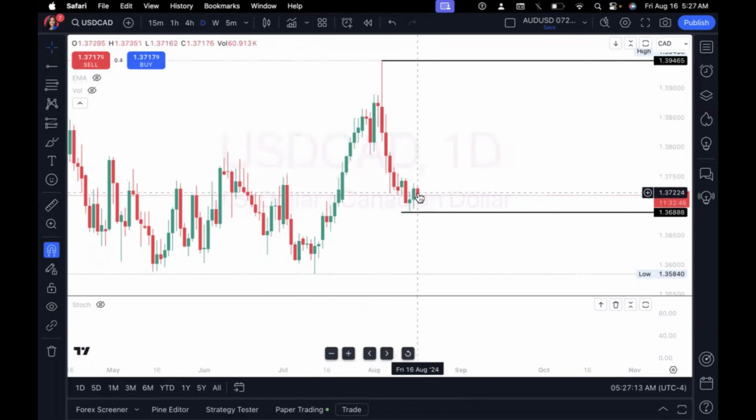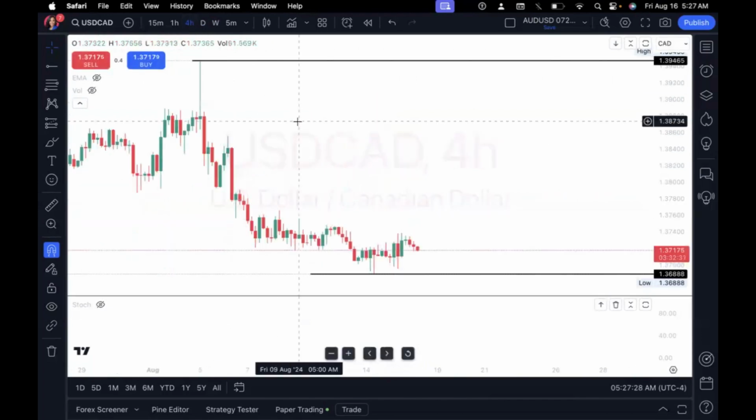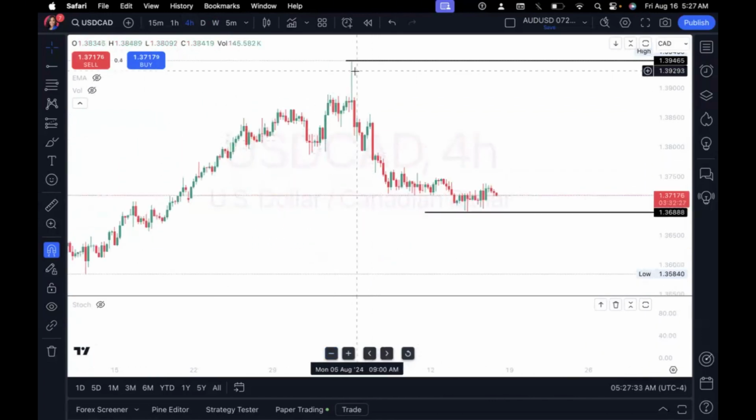Now, this means that we could potentially sell down to support, or we can wait until it gets back up to resistance to set a sell limit. But let's just keep zooming in to see if we can find a better entry point, since we know the market is near resistance. Okay, so we're looking at it on the 4-hour, and we can see this is our